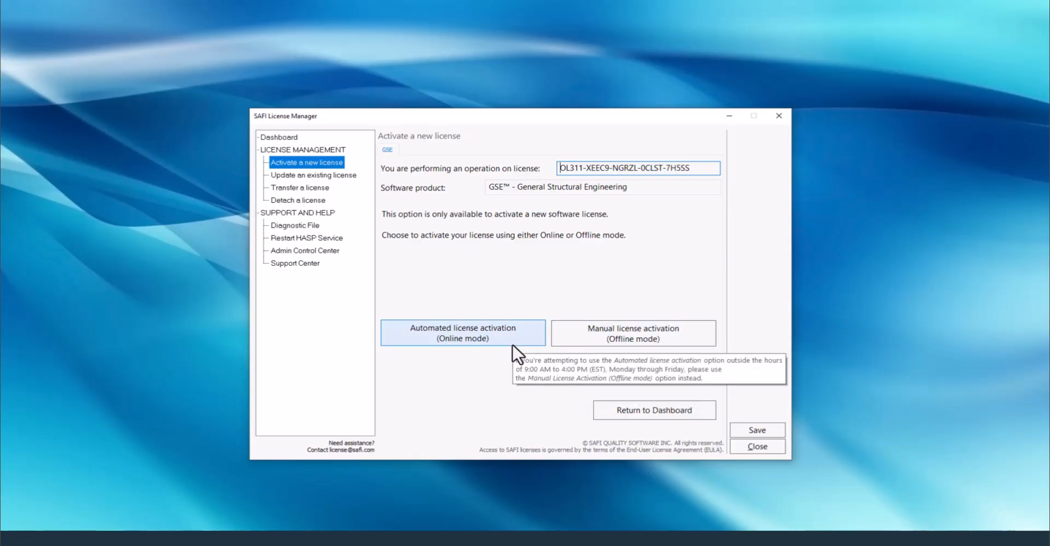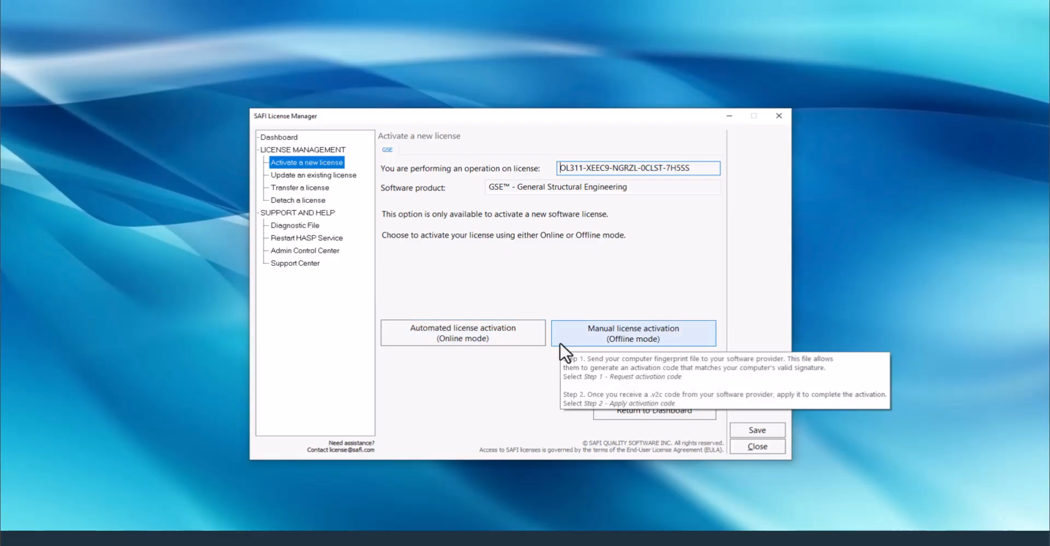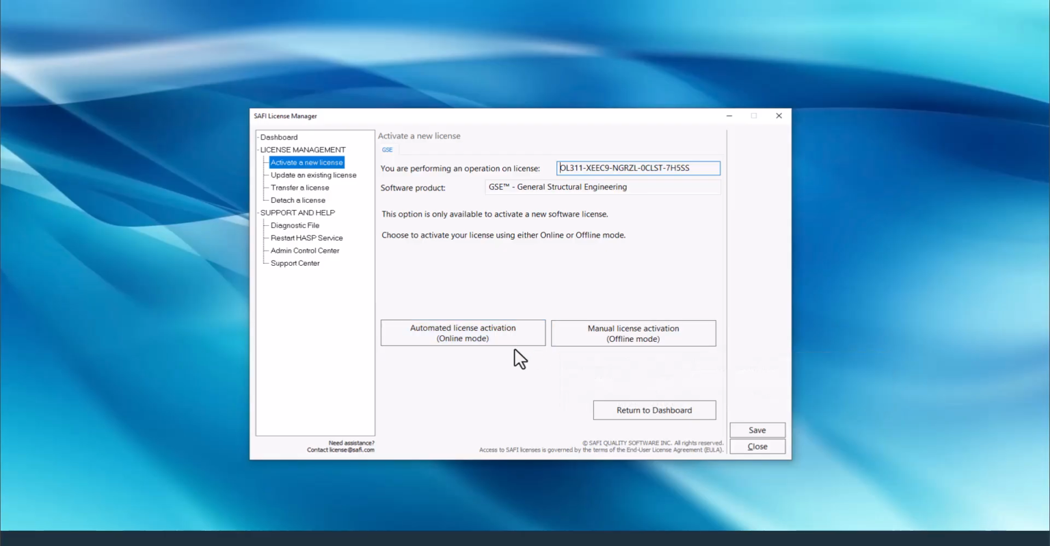Please note that online automated activation requires direct access to our servers, which are available Monday to Friday, from 9 a.m. to 4 p.m. Eastern Time. If you're attempting to activate your license outside of these hours, please use the offline manual activation mode instead. If you're within the supported hours, the online automated activation mode is simpler and should be preferred. However, if you're unable to connect to our servers for any reason, the offline manual activation mode is always available